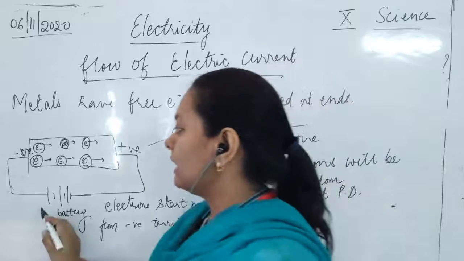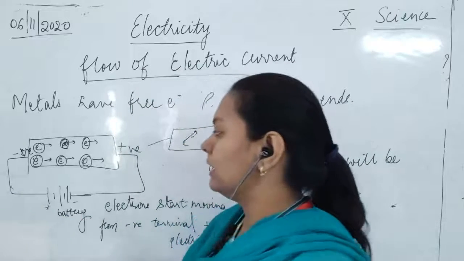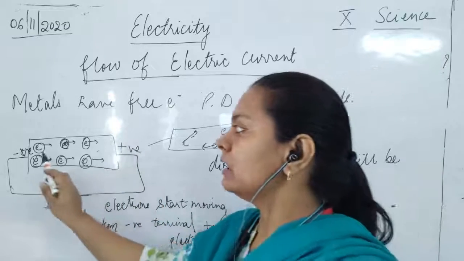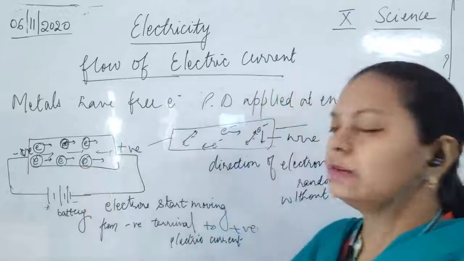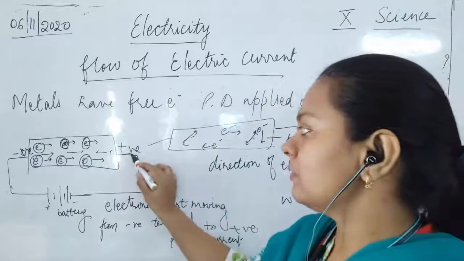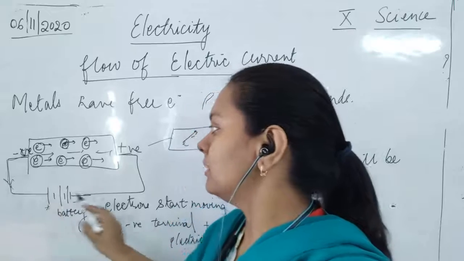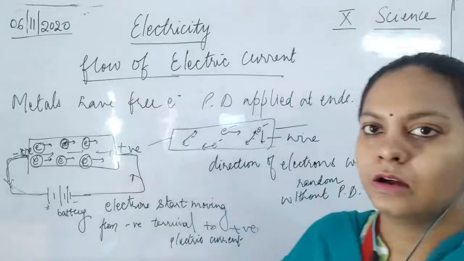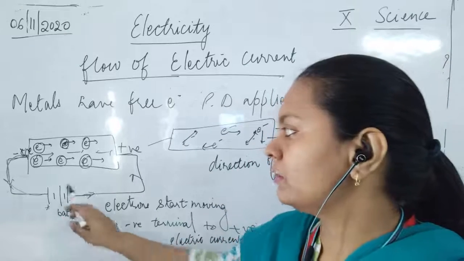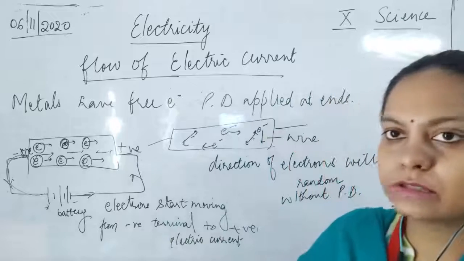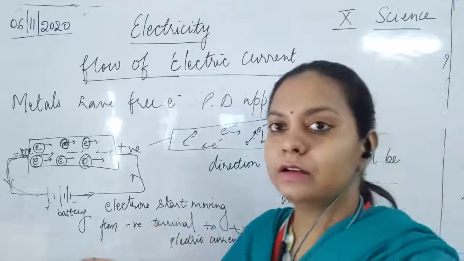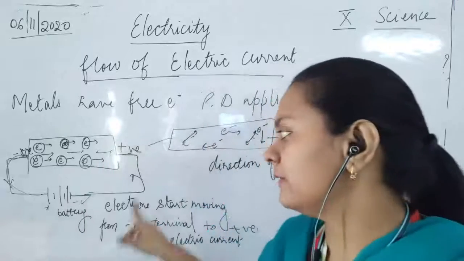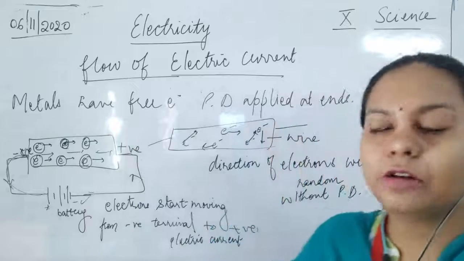Okay, so here what is said is that this is the positive terminal and this is the negative terminal. Inside the battery, inside the cell, when we look inside the wire, the electrons move from negative to positive terminal. When they come outside, what happens, it is from the positive terminal towards the negative terminal, because electrons are supplied from this side. Okay, this positive terminal is going to supply electrons towards the different points. Okay, so the flow of electrons in the outer circuit is always considered to be positive or negative, and we are not seeing inside the wire.